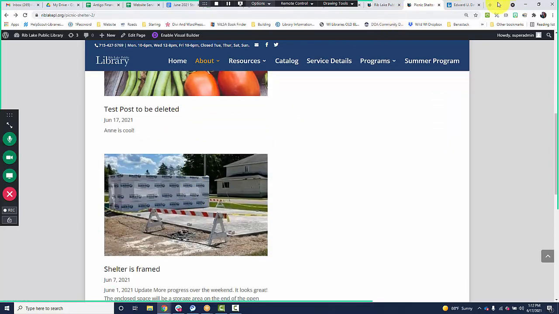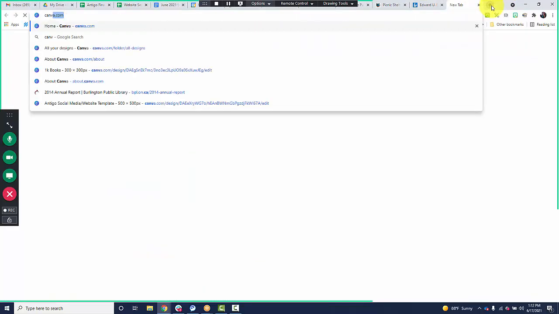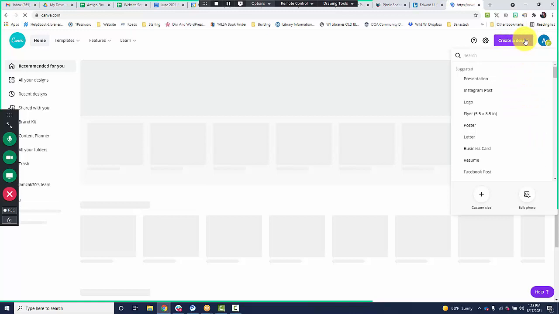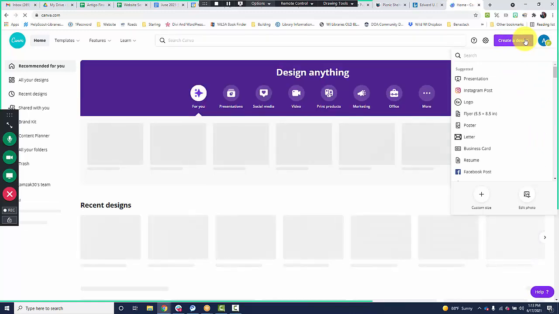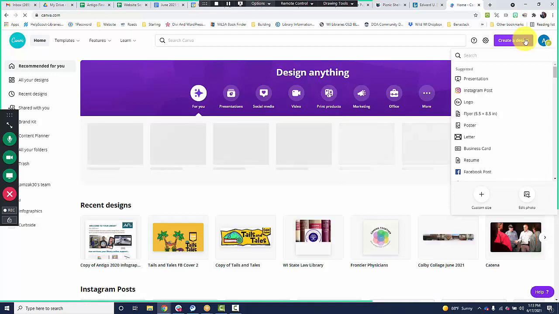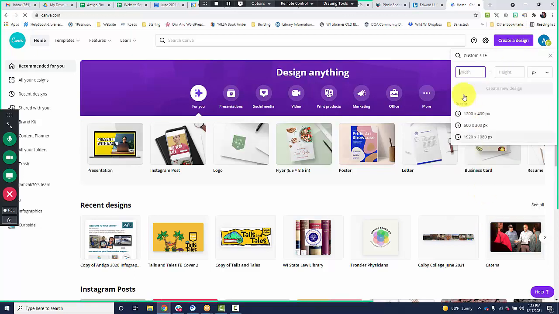So you can create a nice sized image in Canva by going to canva.com, creating your free account, and in the Create a Design area, the column size is, the entire width of your website is usually 1080 pixels wide. And so half of that is roughly 550 pixels. So what I tend to do is I click on custom size,